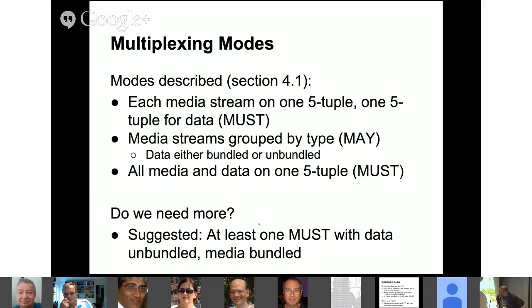Okay, so for the second bullet, media streams grouped by type, should we have the possibility of saying bundle data with another media type? Anyone saying yes to that? Anyone saying no to that? No. Okay. I hear that we have